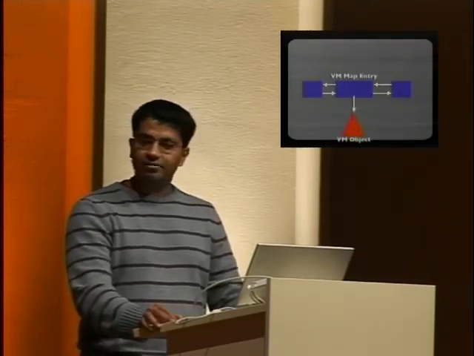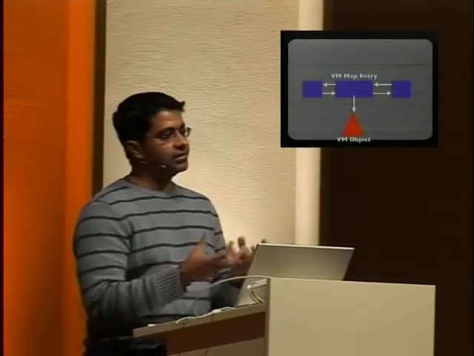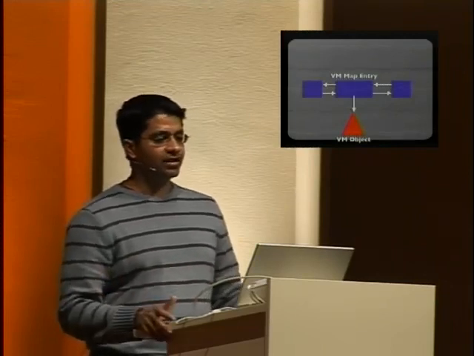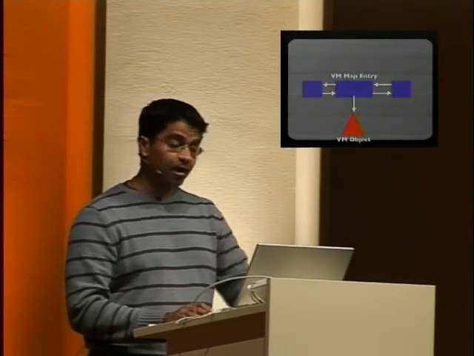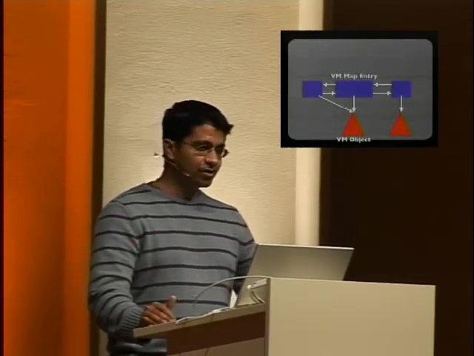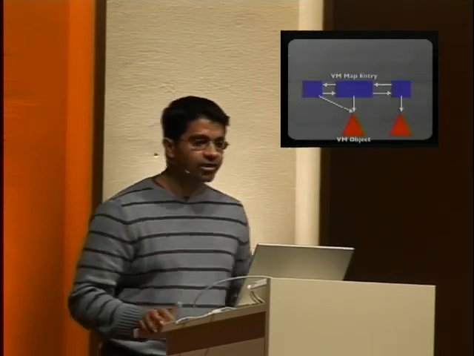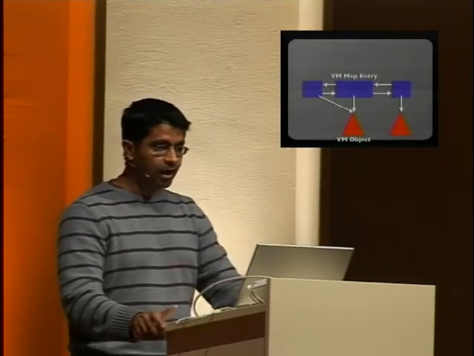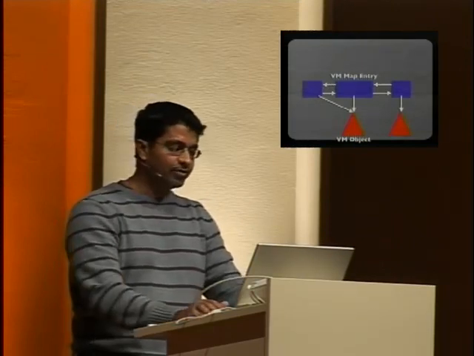Then we have something called a VM object. This is something that has information about when you actually touch this memory, when you access it, where it's going to come from. We'll look at VM object in a second, but every VM map entry has an association with one VM object. There could be sharing because nobody prevents you from mapping the same memory at multiple virtual addresses. So you could have a VM object that's shared between many things.